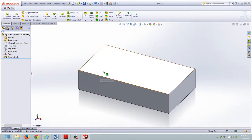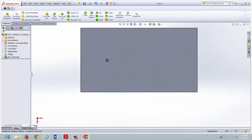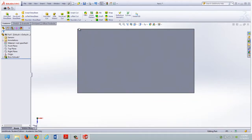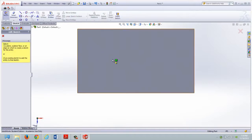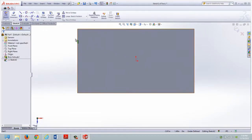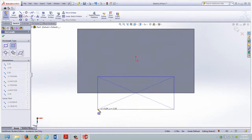Now I want to cut that notch out of it, and the easiest way to do that is I'm going to turn it so I can see the drawing from the top, move it up slightly, and now I'm going to go to Sketch, select this surface, and go to Center Rectangle again, and as I go along this edge you'll see that it lights up when I get in line with the center, and I'll pull a rectangle out like that,